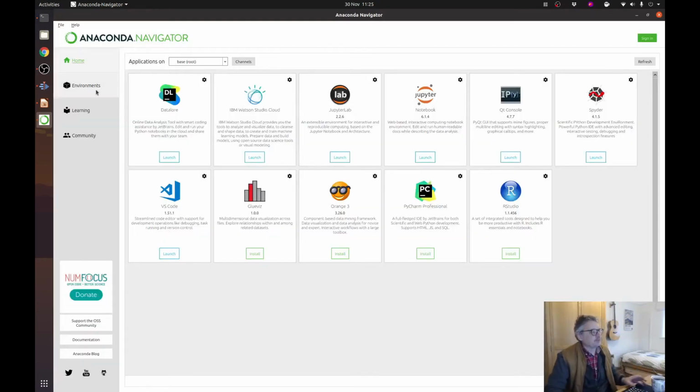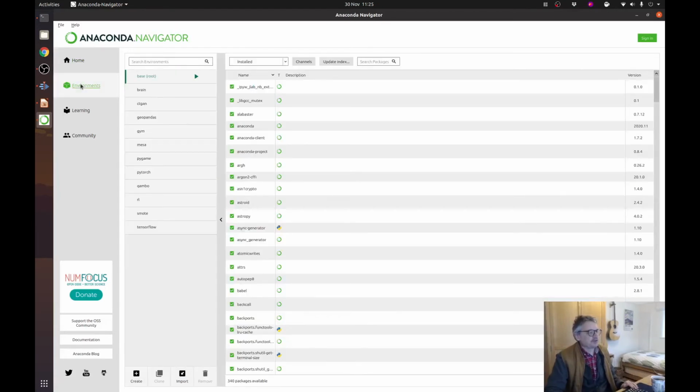So we can list our environments. On the left hand column there, I clicked on Environments, and this lists all of our environments. We can see we've got RL there, and it will tell us what packages are in it. But to actually use that environment, I would go back to Home,